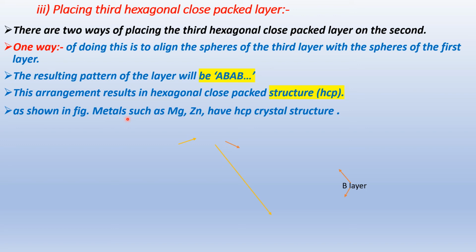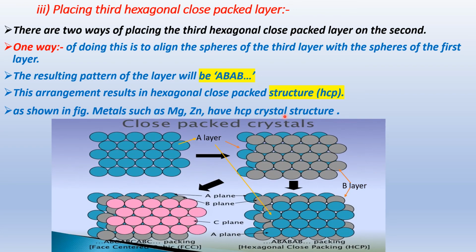Metals like zinc and magnesium have the hexagonal close pack structure. Those are the examples. In the simple diagram you have to observe the close pack layers. That is the first layer, A type layer. Then above it are the black colored B layers, and then above again the green colored A layers. Simply, in this diagram these are the first layer, second layer and third layer, that is A, B and A.